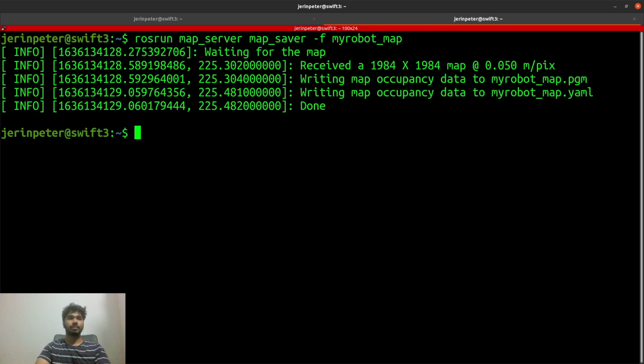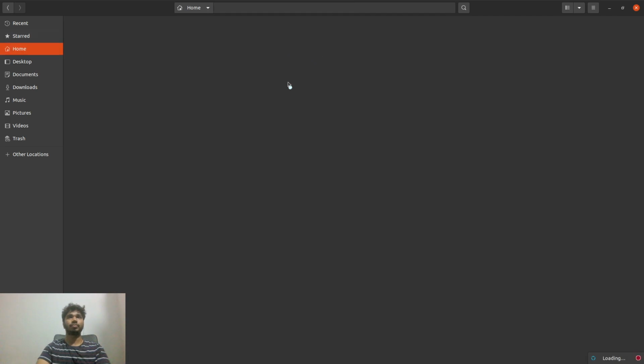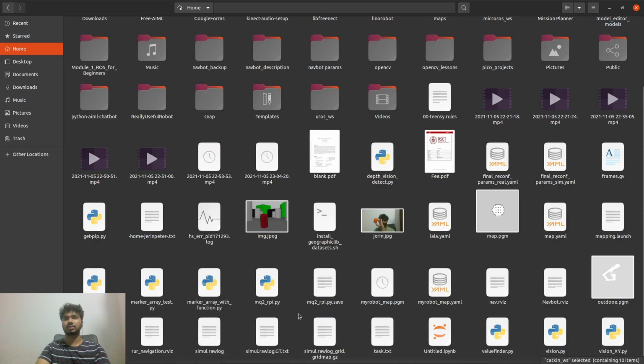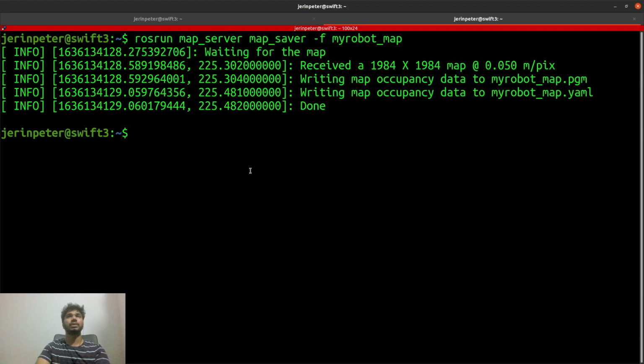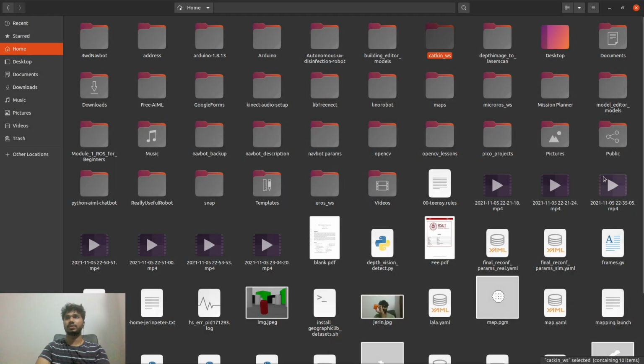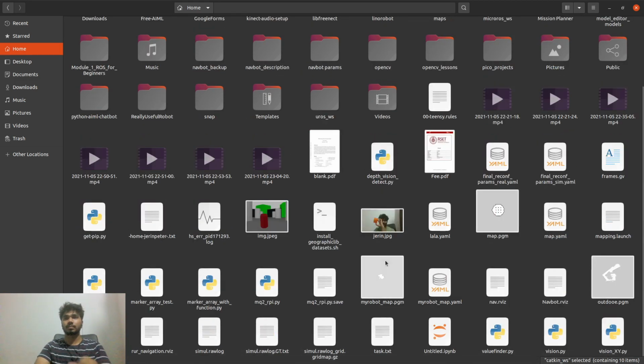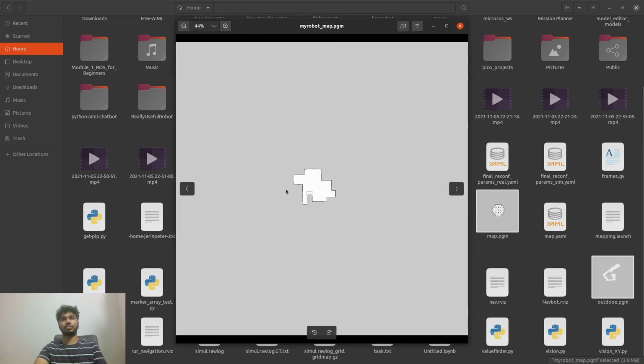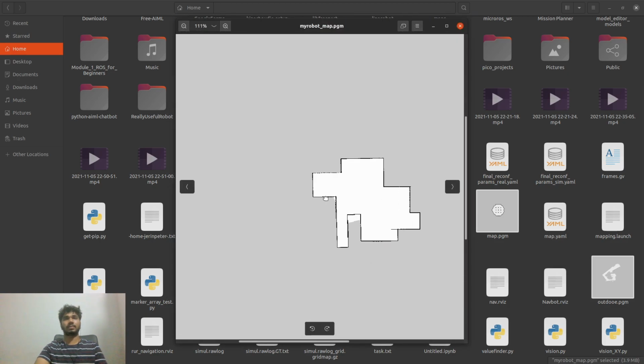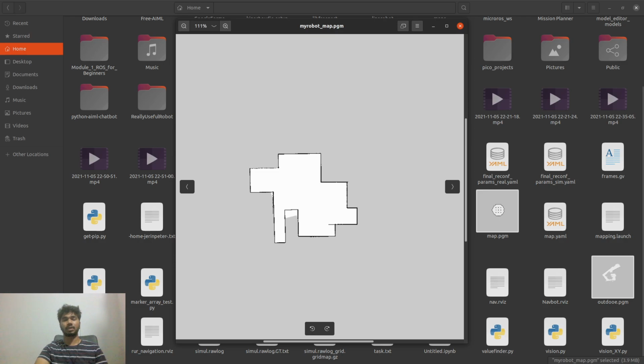And yes, my_robot_map is saved. Let's go to the home folder and see if it is here. Where did I save that? Yes, I saved it in the home folder. Yes, my_robot_map.pgm. If you open this, you can see the map that is generated here.